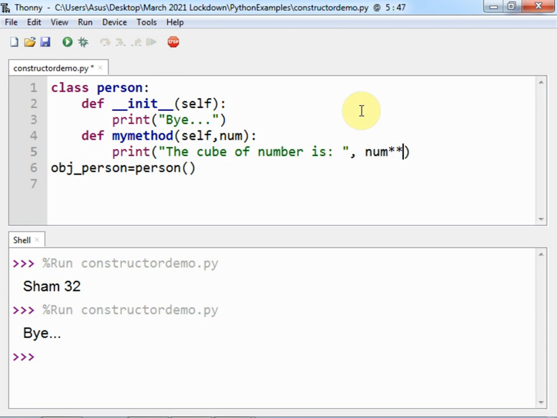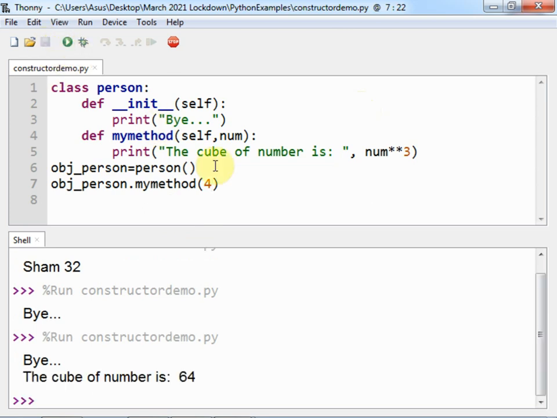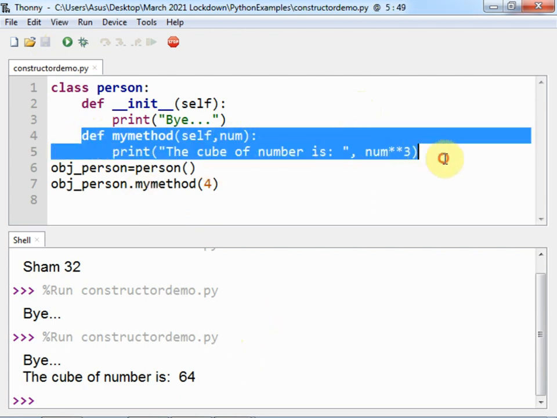So here I am printing the cube of any number which will be passed while calling the function. So here I need to call obj_person dot my method, and in bracket I need to pass here number. So let us try this. I'll just run. Yes, the cube of the number is 64. So this is how you can write the class method.